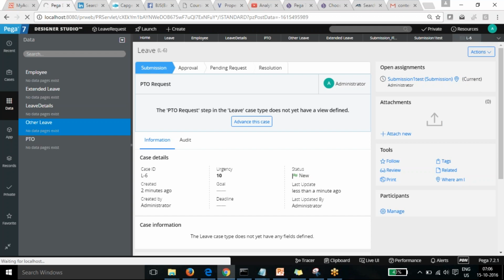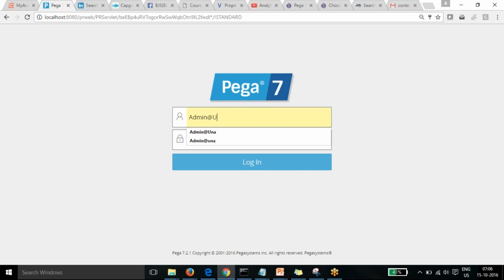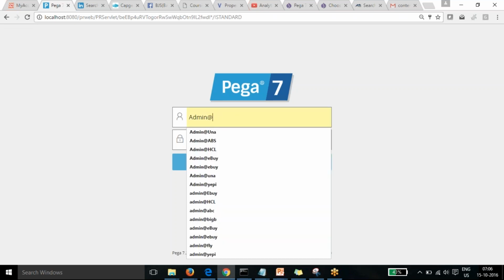One thing: I changed the view of that to multi-process, right? Pega provided a feature that if it is a single step, you can configure the view directly. If it is converted to multi-process, you cannot add the properties into that. So I need to convert that back into a single step process, so that I can show you the view of that one. I'll just get back to you on that.